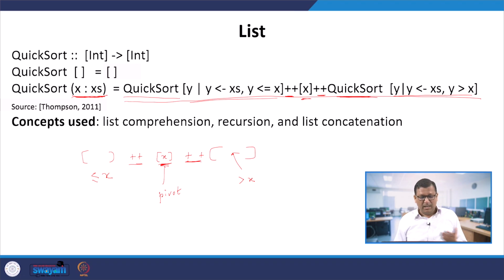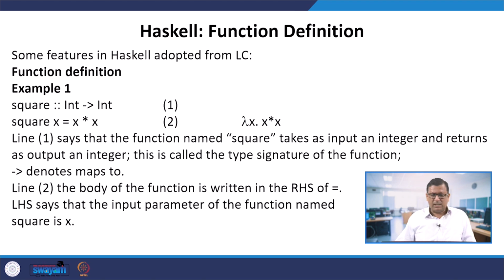So it embeds recursion, and list concatenation is available within that. It can also be defined recursively, and we have list comprehension. Now we will study Haskell from the perspective of how features like lambda abstraction and definitions are really translated, how currying is actually embedded in Haskell. So we consider a very simple example, like square, a function that takes an integer